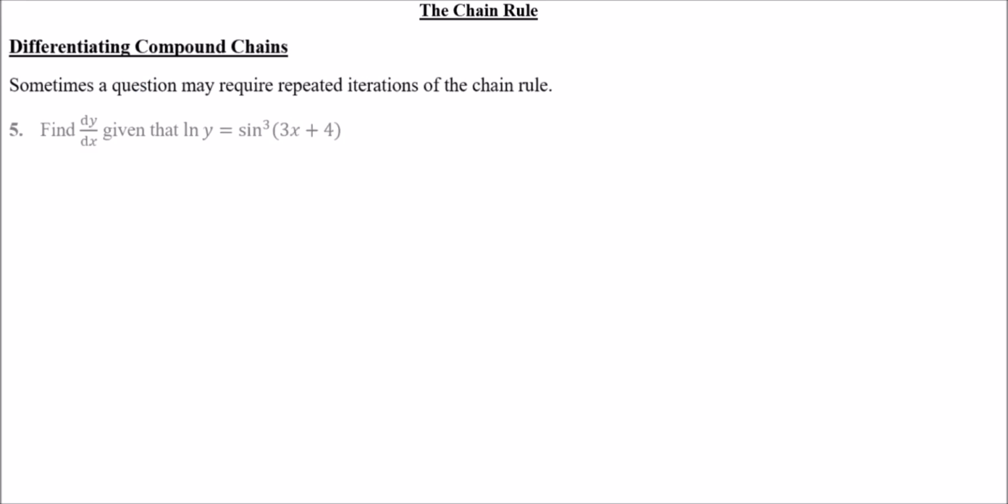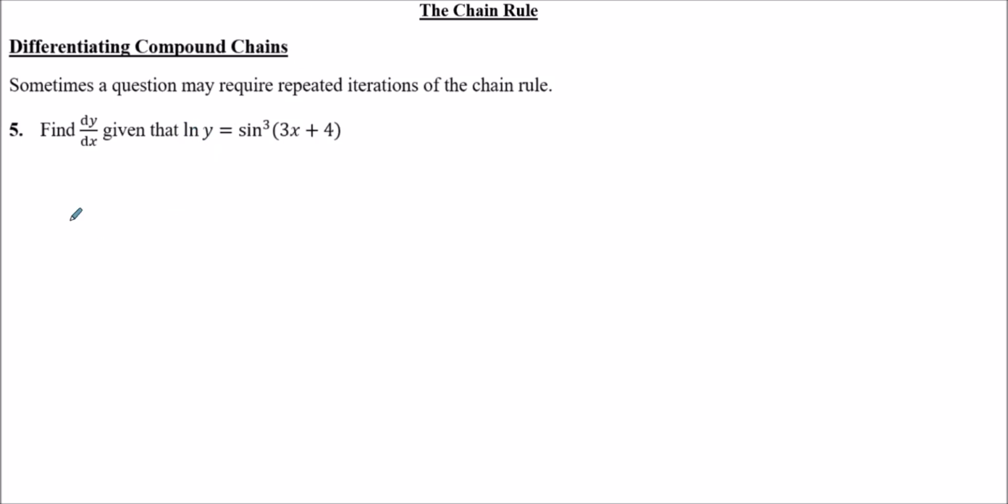Now, sometimes we have to differentiate some beasts, compound chains, where it's several uses of the chain rule in one. So sometimes a question will ask you to use repeated iterations of a chain rule. So here's a harder example. So let's differentiate dy by dx if ln y is sine cubed 3x plus 4. First of all, this isn't the form y equals. So what I can do first of all